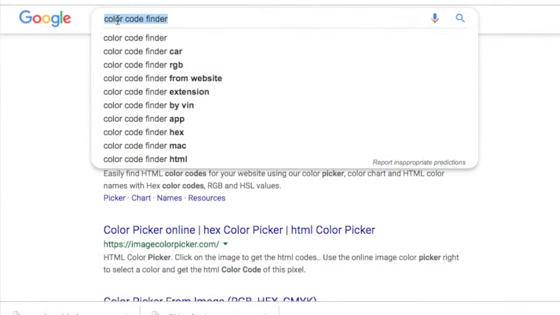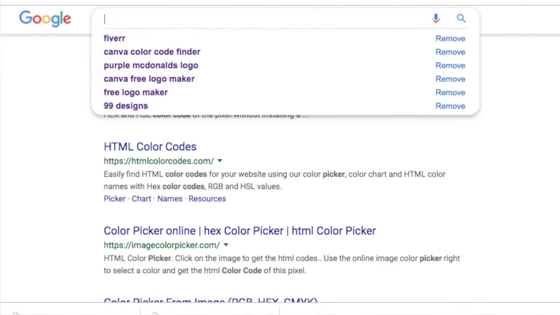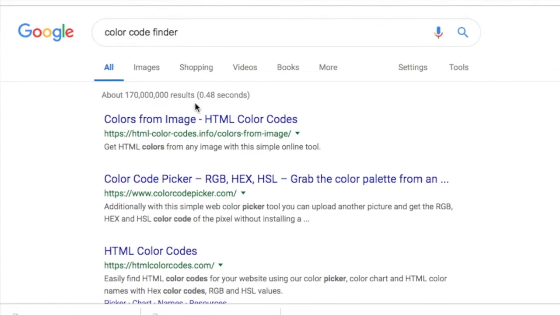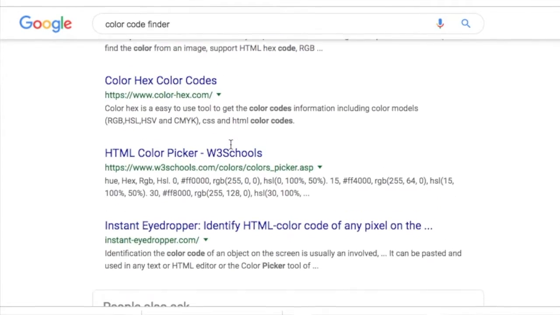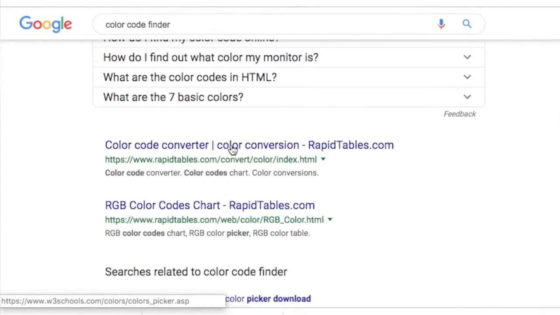Now, you probably are like, Brandy, you're telling me so much about colors and that's amazing, but how do I find these colors? How do I find colors for my brand? Well, you're in luck, because I've already done all the hard work for you. And normally, what I would do is just Google it. The way that I usually will do it is go to Google and look up hex code finder, Pantone, color code finder, or something like that. And you'll see all kinds of stuff pop up where you can either pick out your colors or you can use a really cool tool like the one Canva has,